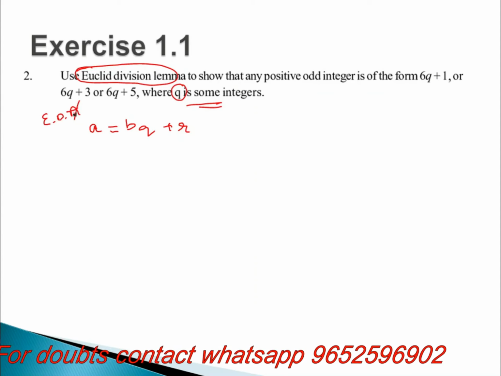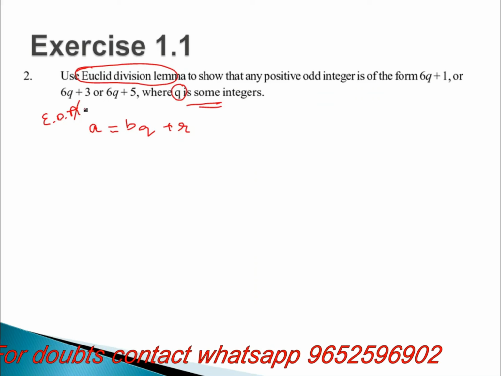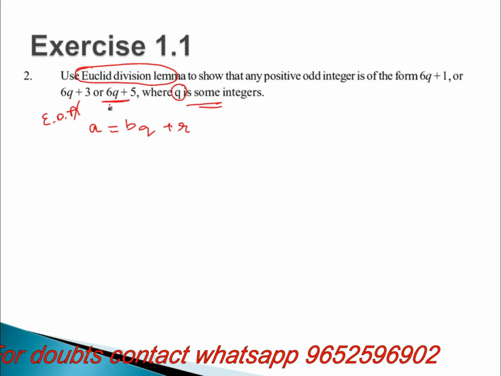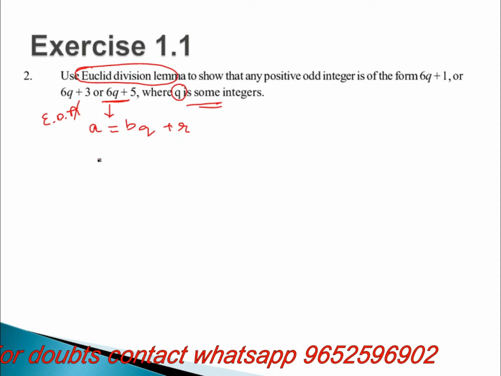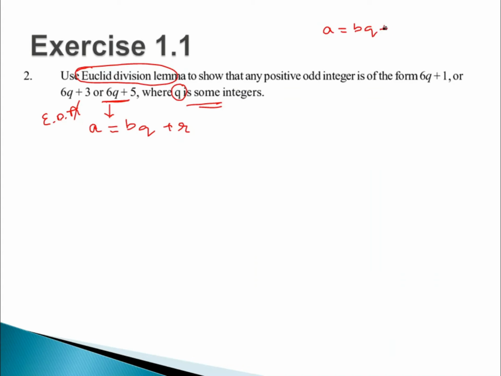Now comparing these elements, I'm comparing A = BQ + R with your 6Q + 1, 6Q + 3, 6Q + 5. So if you are observing this one over here, I will be getting